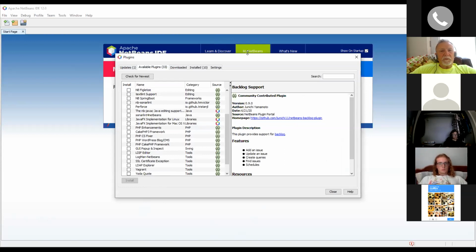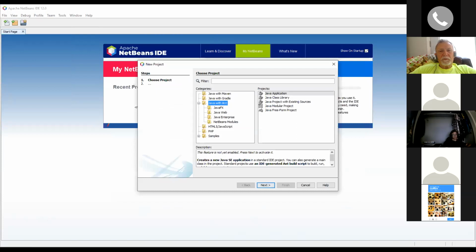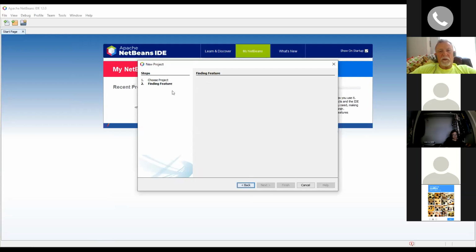What's this? Plugins. Ah, I don't see anything you need there. Yeah, I clicked next. Right there, you just click next, and then you should go right to the plugins.